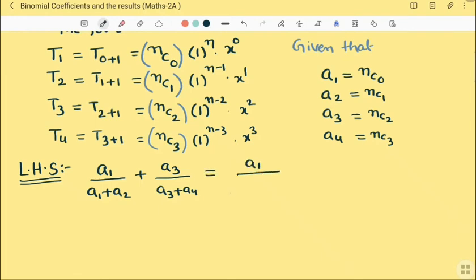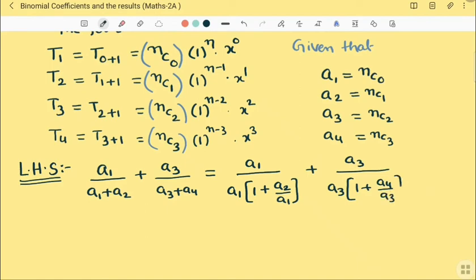A1 divided by A1, I am taking common from the denominator, so 1 plus A2 by A1 will come, plus similarly A3 divided by A3, take common from the denominator, 1 plus A4 by A3. I hope everyone understands. A1 gets cancelled, A3 gets cancelled, 1 by 1 plus A2 by A1. Values we have now here. So A2 value is nC1 divided by A1 value nC0, plus 1 by 1 plus A4 value nC3